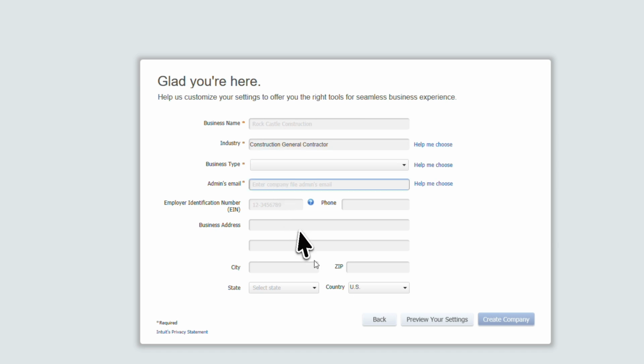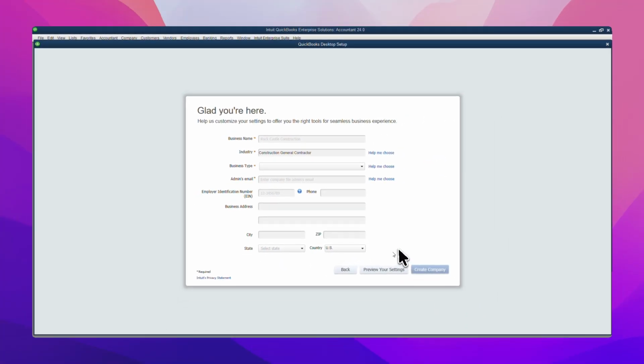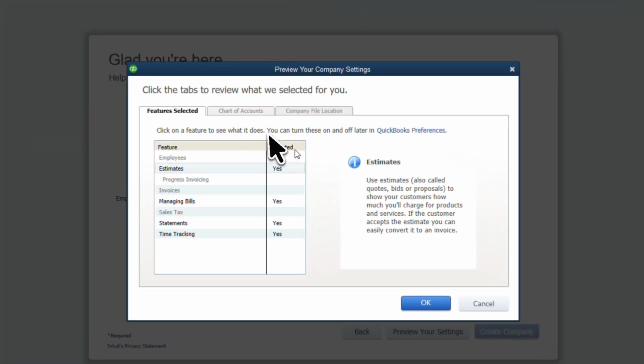Once you create your company, give QuickBooks a little time to load. Depending on your system, this may take a few moments. During this stage, the software is building your company file and preparing the tools you'll need to manage your construction finances more efficiently. After everything finishes loading, QuickBooks will usually try to automatically create a chart of accounts based on